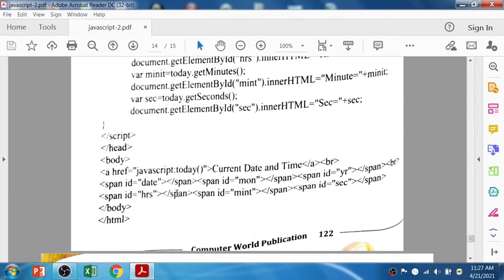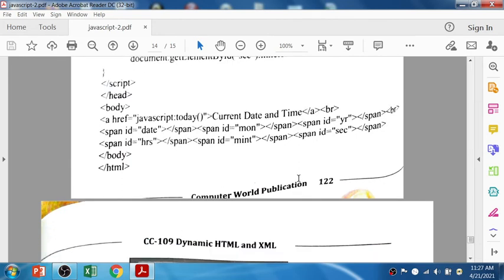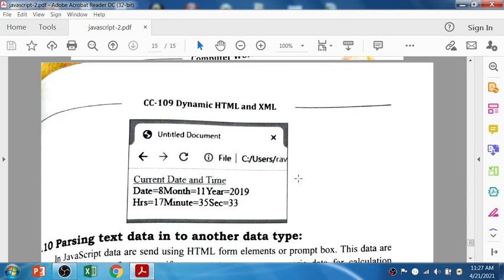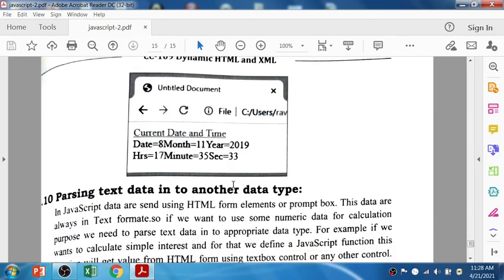So all the variable values will be displayed as span elements. This will display on your screen, that is date is 8, month is let's say 11, year is 2019, hour is 17, minute 35 and 33 seconds. As per the current date, the result will be different on your browser.